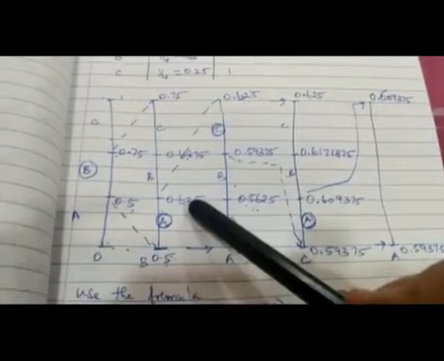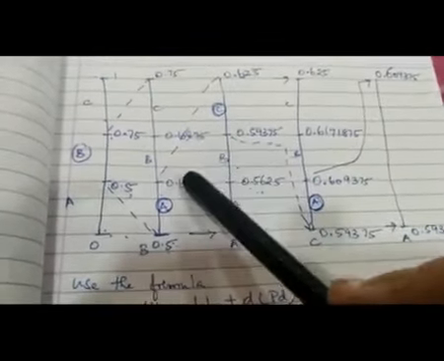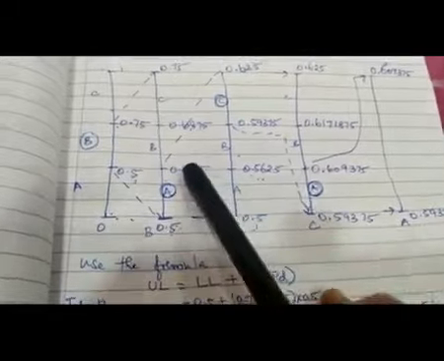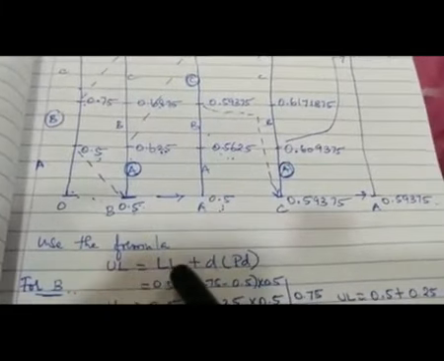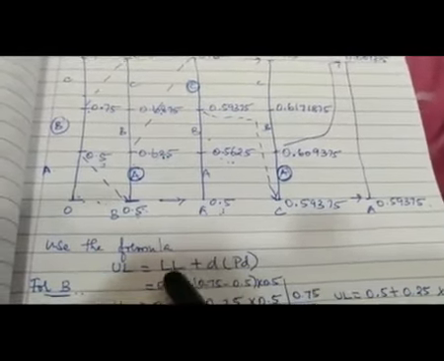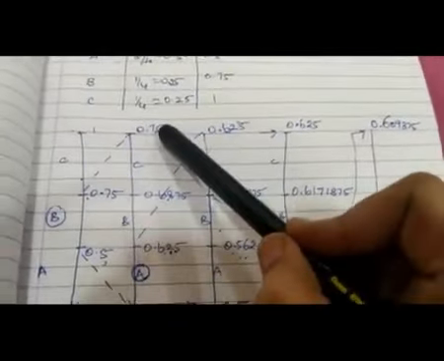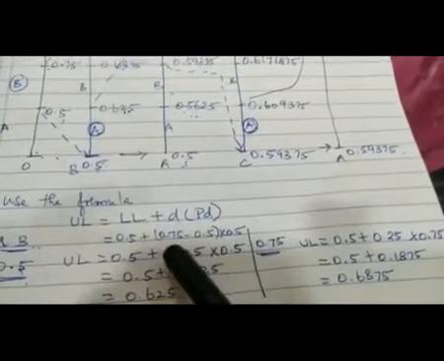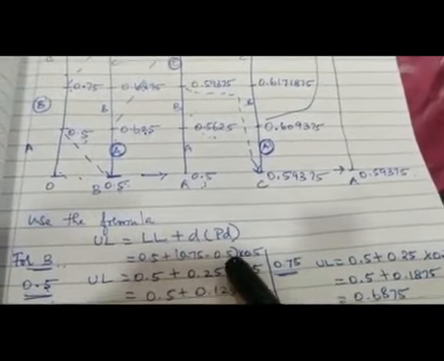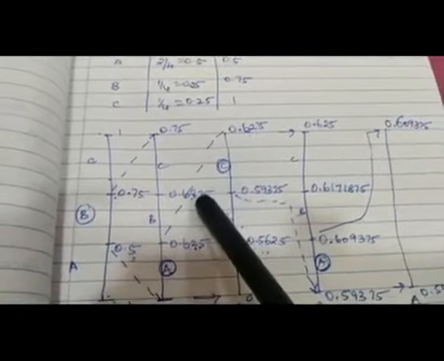For calculation, there is a formula given. It is written here. These locations are called the upper limit, so the answer at these places gives you the upper limit values. Upper limit is equal to lower limit plus difference into probability difference. What is the lower limit? It is 0.5. What is the difference? It is the difference between the upper limit and the lower limit, that is 0.75 minus 0.5. And what is the probability difference? It is 0.5 for the first location and it is 0.75 for the next location.